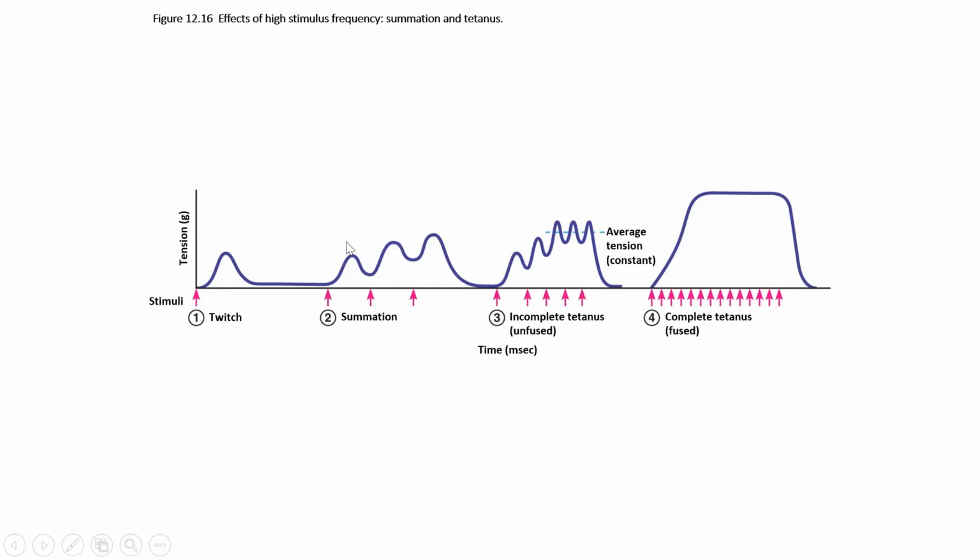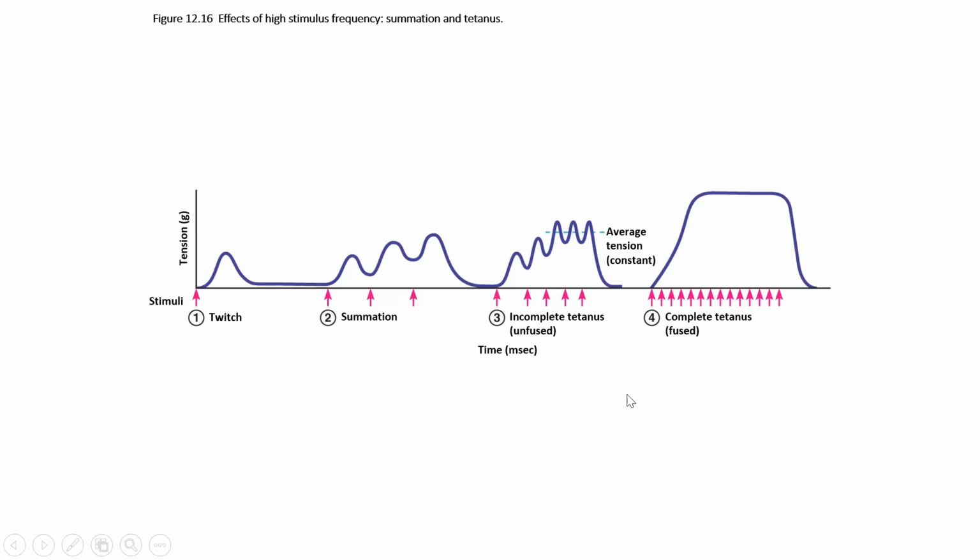And so we know why summation happens, right? Because the muscle isn't fully relaxing here, and we can explain that: the calcium that's already in the sarcoplasm. The reason this differs from treppe, which I talked about earlier, is that in treppe we see full relaxation in between these contractions, but then the next contraction is somehow stronger. And that's kind of the difference between summation and treppe, and why we don't fully understand or are able to explain the mechanisms behind treppe, but we can for summation, okay? Now, if we would continually increase